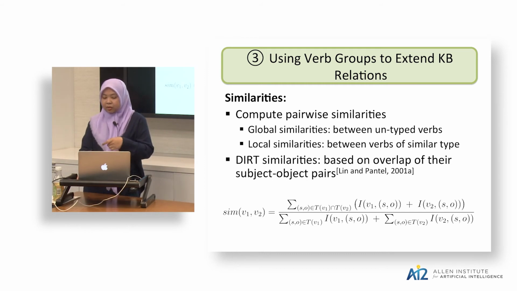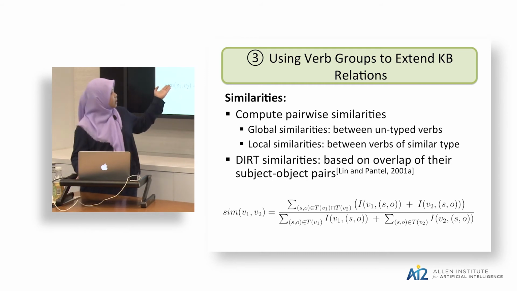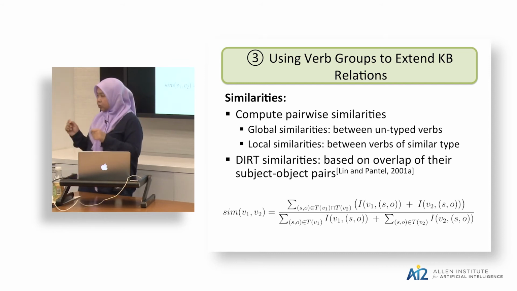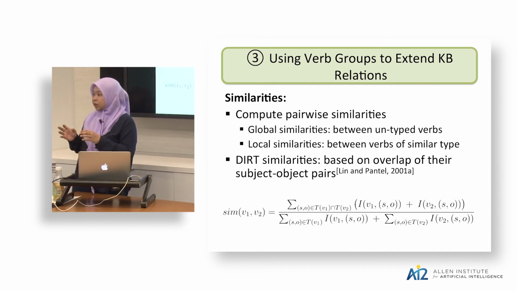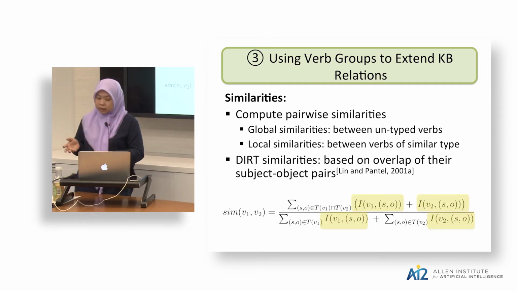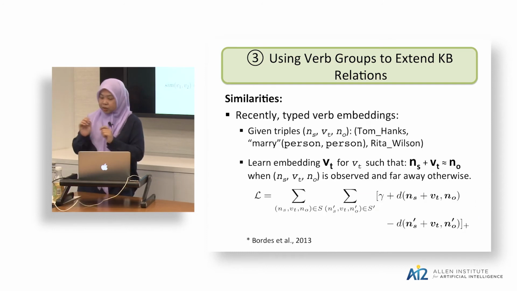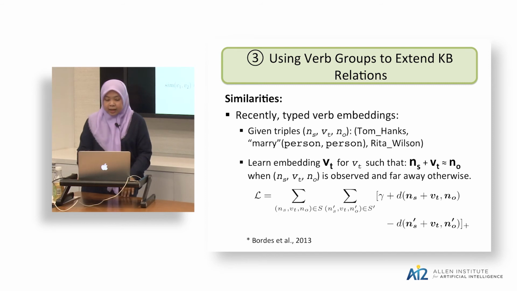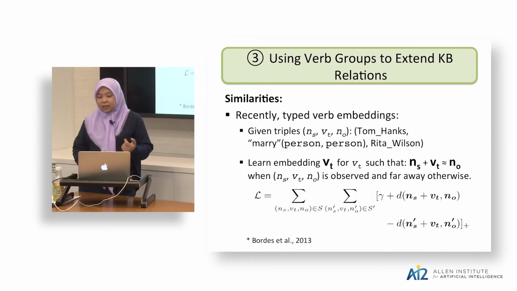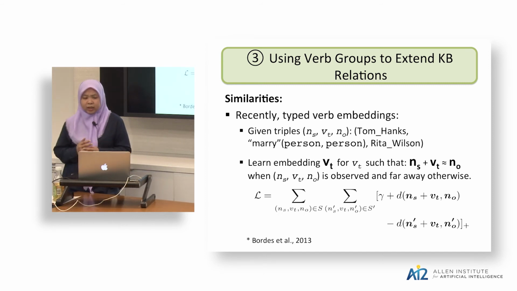For measuring similarities, we use the DIRT idea, which measures the similarity between two verbs based on the mutual information computed from the number of entity pairs that these two verbs have in common, like the number of subject and object pairs that the two verbs have in common. And then recently, we also experimented with